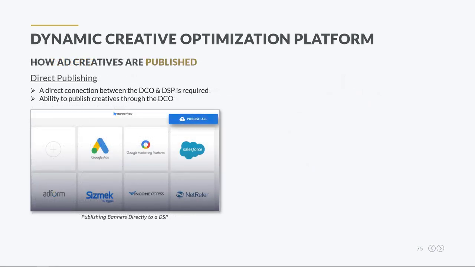There are two ways programmatic advertisers could add dynamic ad creatives to their DSP. The first and most efficient way is through direct publishing. For this to happen, advertisers need to establish a direct connection between their dynamic creative optimization platform and their demand-side platform. Once those two platforms are connected, advertisers could then publish creatives directly to their DSP, through the user interface of their DCO. For this to work, you should first check if your DCO can connect directly with your current